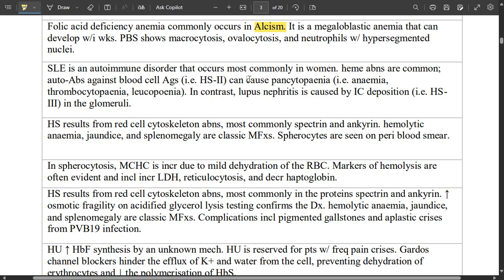SLE is an autoimmune disorder that occurs mostly in women. Heme abnormalities are common. Autoantibodies against blood cell antigens like HS2 can cause pancytopenia. So SLE and HS2. I'll just briefly talk about HS. What is the meaning of HS2? It's not hidradenitis suppurativa. It is